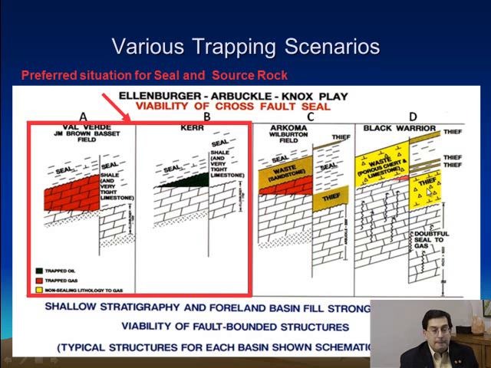And interestingly, this cartoon represents, here's top Arbuckle, and here's a big fault structure, and here's top Arbuckle, same fault structure. You can see that in the Black Warrior Basin there were many sands and potential thief zones, so it's very difficult to get a trap. But Maben does work, and it does meet the criteria of very rigorous trapping in a sandy world. And similarly, in the Arkoma Basin, Wilburton Field, as we've talked about, it has to have just the right fault throw, not too much, not too little, and large fields result.